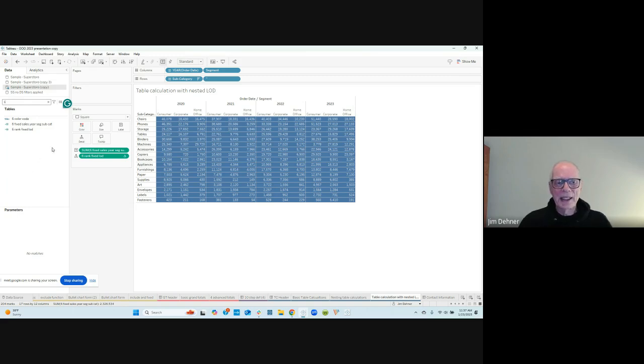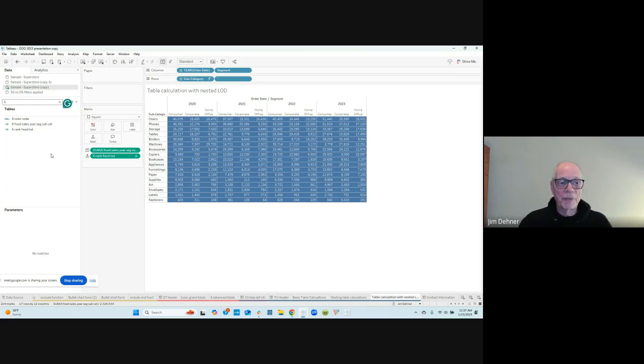Is there something I can use to do that? Well, yeah, there is. First, as we saw before, any sort of ranking calculation is going to be a table calculation. So I need to look above that level to look at combinations of subcategory, segments, and years, and I've done that with this